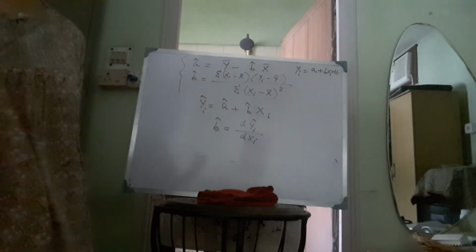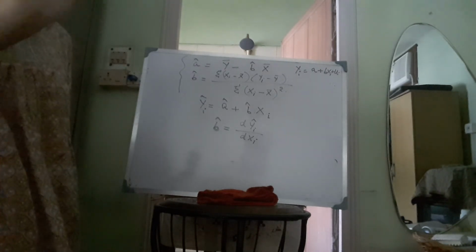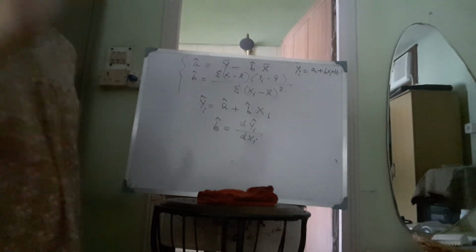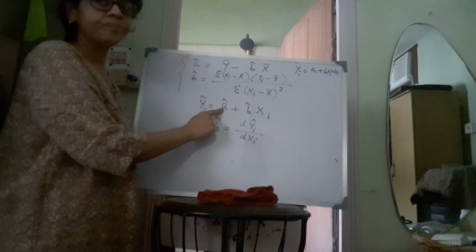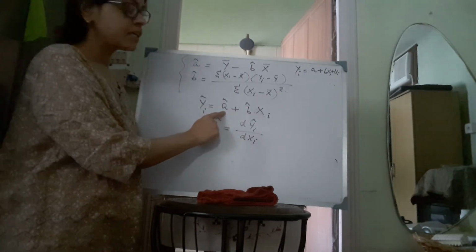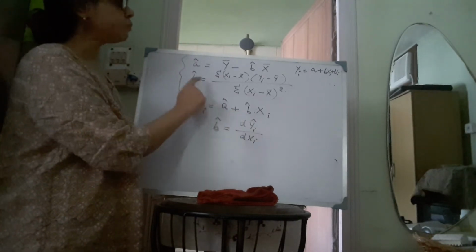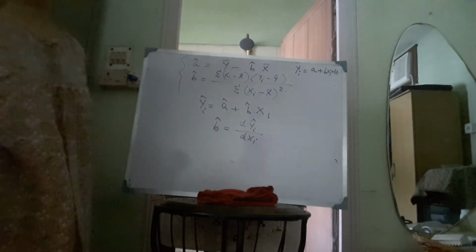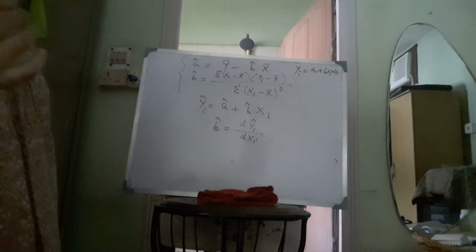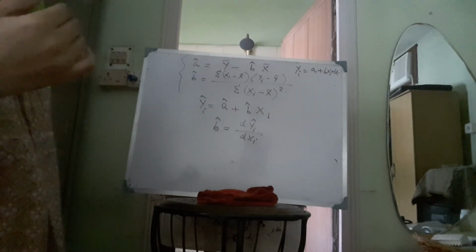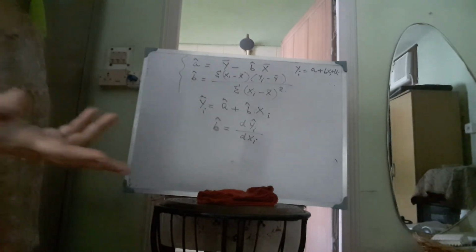So even if your income level is 0, you are not doing anything, you are not employed, then also you need to consume. So that amount of consumption is measured by A hat. So this is called the subsistence level of consumption. This is called the intercept and this is called the slope of the two variable regression. So B hat is the slope which measures the marginal change in the dependent variable due to 1 unit change in the independent variable, and A hat is the intercept of the two variable regression.